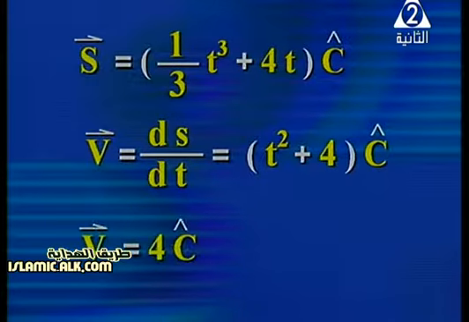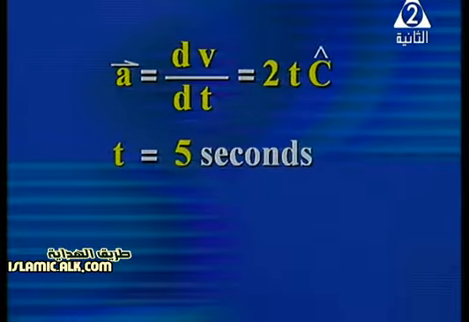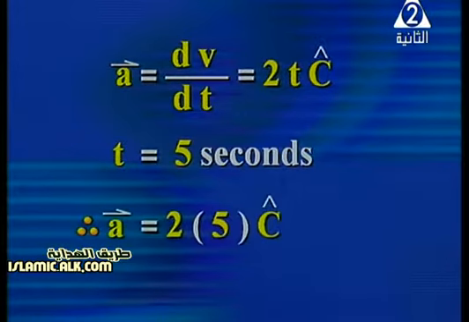After that, for c, when t equals 0, the acceleration dv over dt equals 2t c. We differentiate the velocity with respect to time t, then the acceleration vector equals 2t c. Then when t equals 5 seconds, by substitution, the acceleration equals 2 times 5 equals 10